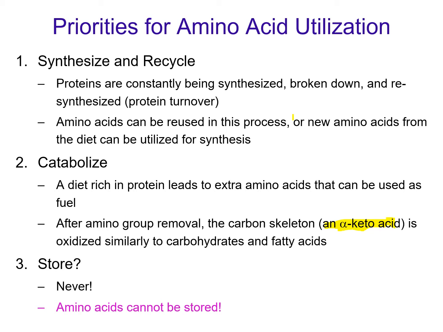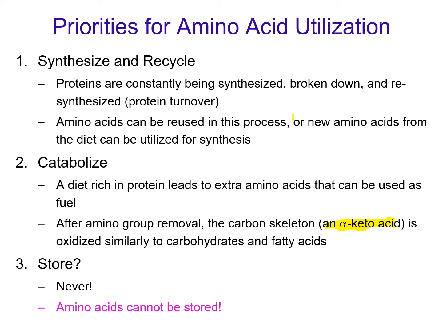So if you have a diet that's high in protein, you would remove the amino group. The amino group gets excreted as urine in the urea cycle, and the carbon skeleton usually enters the citric acid cycle. These are the only really two ways we use our proteins. We never ever store our proteins. You never store proteins. If you eat too much protein, what happens is you remove the amino group. You might enter the citric acid cycle, or you might